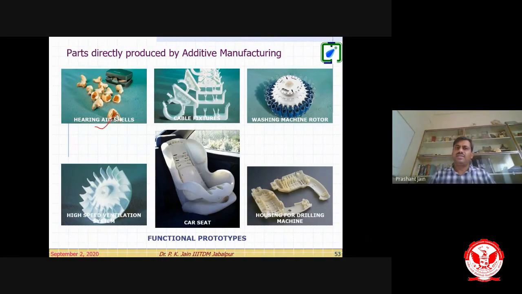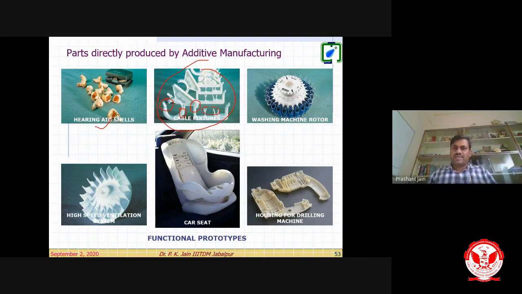This is the hearing aid again. These are the cable fixtures, right? Look here, this is a wall mounted fixture. Due to the inherent characteristics, we can print the part without making any joint, and the unsintered powder, which is used as a support material, can be removed after the process is completed. You can see these hinges, they can be rotated and changed, they can be a ratchet fit kind of thing, right?